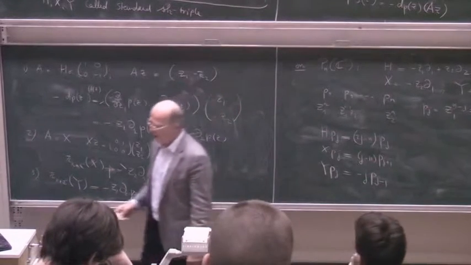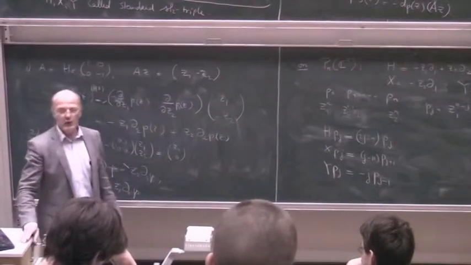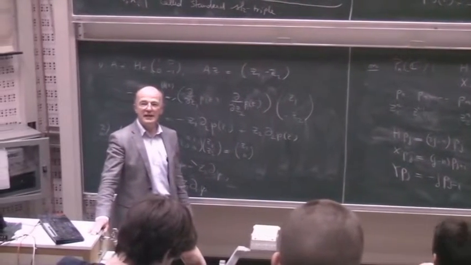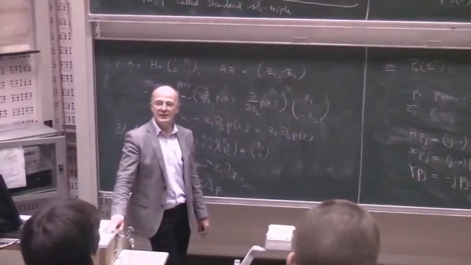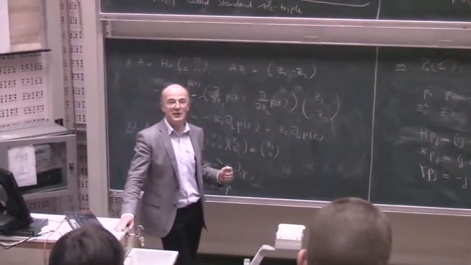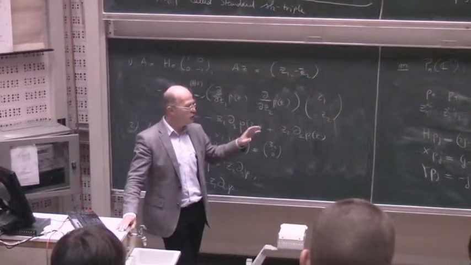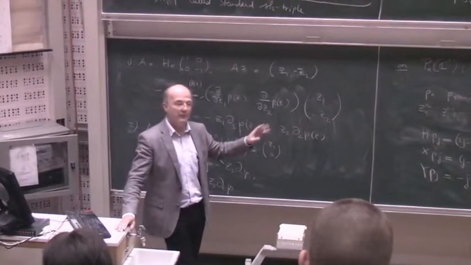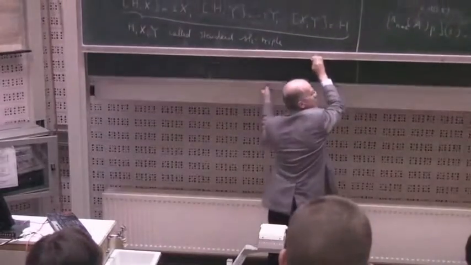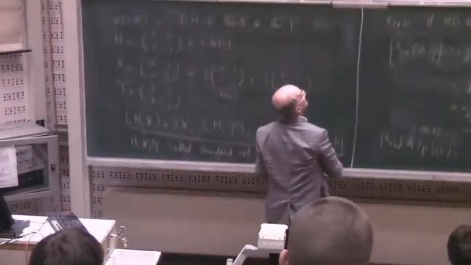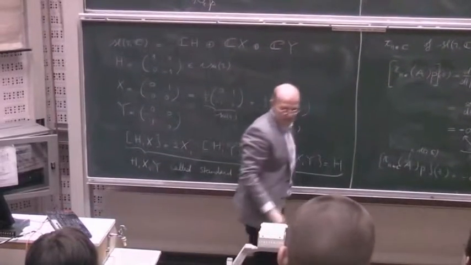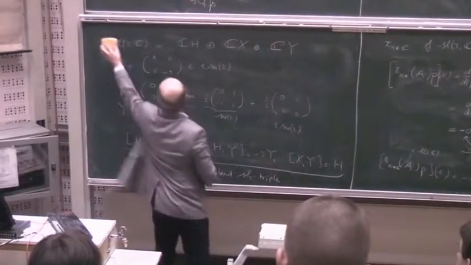And so what we could now try to do is start with an arbitrary irreducible representation of SL2C and try to point out that it must have this structure. And this is exactly what we are going to do, but we are going to do it in a slightly different form. So I'm now going to concentrate on an arbitrary